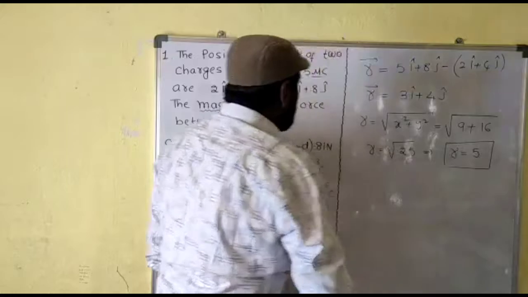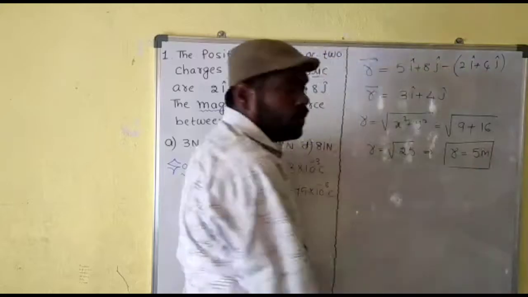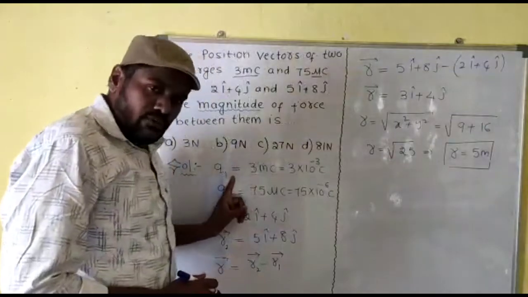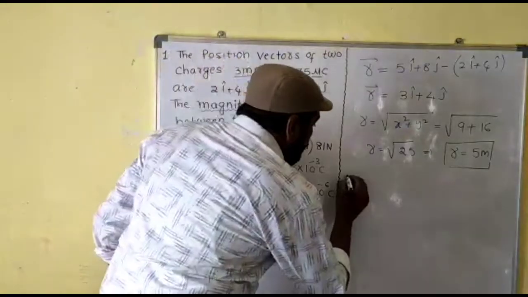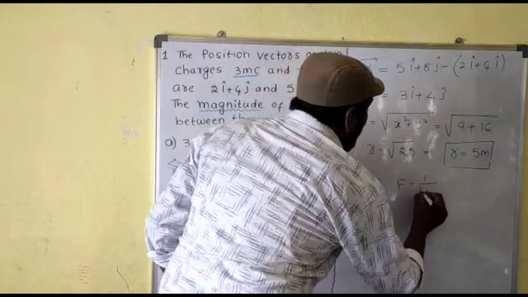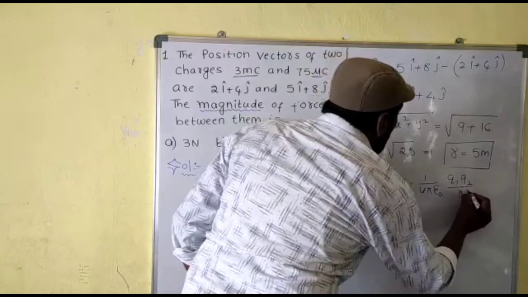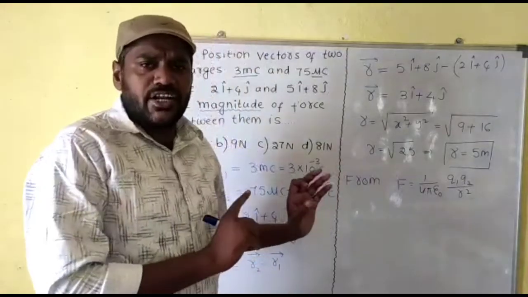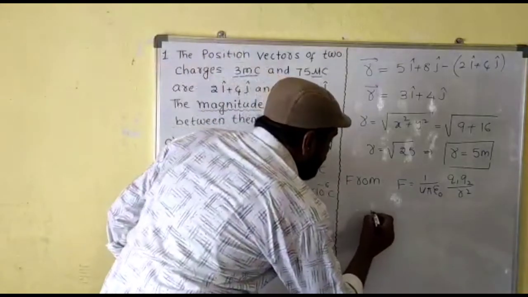Okay, and here you see they have not mentioned any unit properly. Let us suppose R is equal to 5 meters is the distance between the two charges. Then you substitute. Q1 value is there, Q2 value is there, and the distance between them is there, so according to Coulomb's law, the formula is F is equal to 1 by 4 pi epsilon naught Q1 Q2 by R square. Right? Now, why have we taken this? Because they have not mentioned any medium. Let us consider them in a vacuum. Therefore, if you substitute here, you will get the answer.